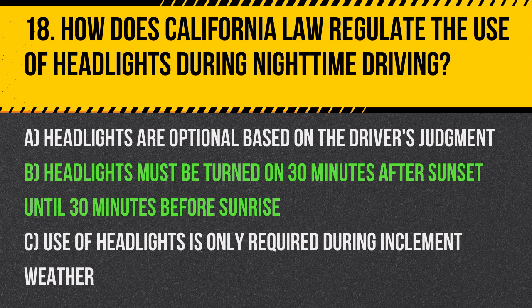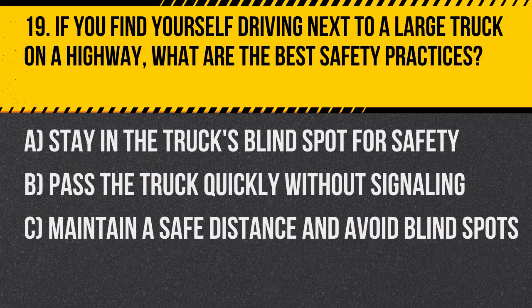Answer: B. Headlights must be turned on 30 minutes after sunset until 30 minutes before sunrise. This regulation ensures that vehicles are visible during hours of darkness for safety. Question 19. If you find yourself driving next to a large truck on a highway, what are the best safety